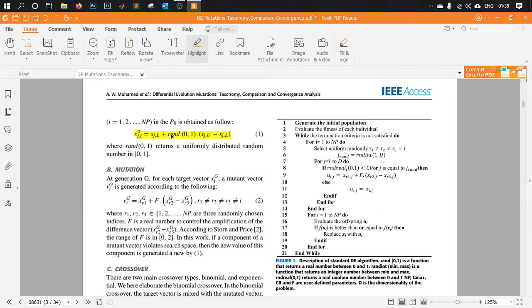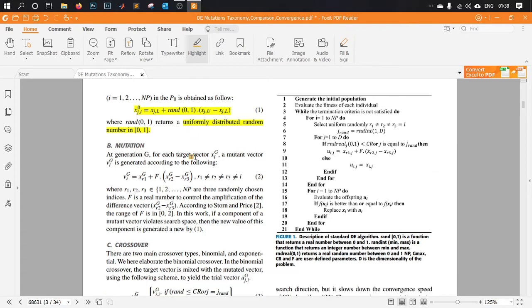As you can see, they have chosen a random number between 0 and 1, and they have taken the difference of the lower limit and the upper limit, and they are perturbing the solution from a uniformly distributed random number range. So this is a uniformly distributed random number generation,